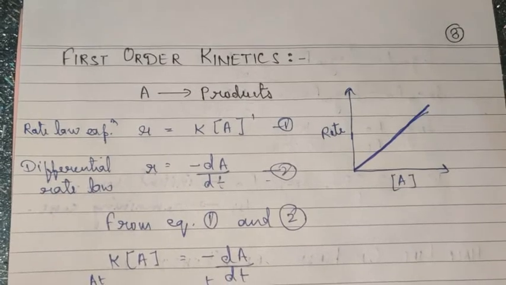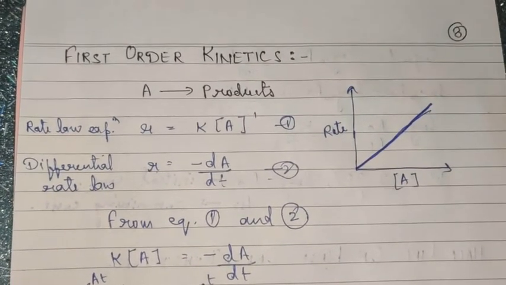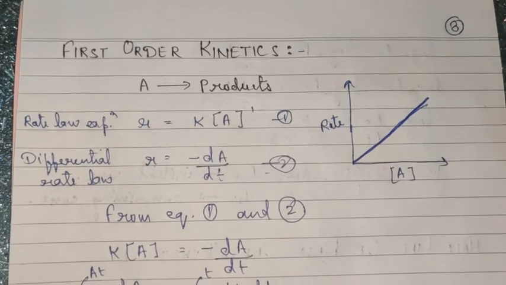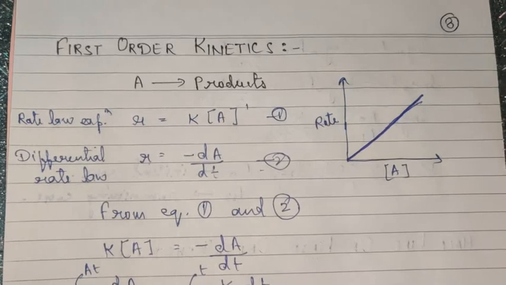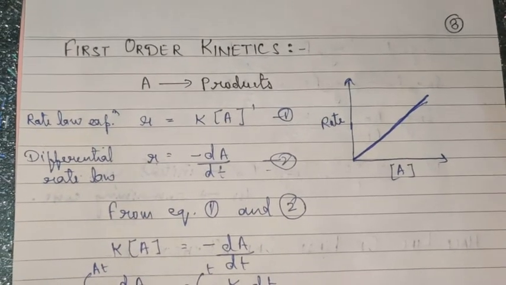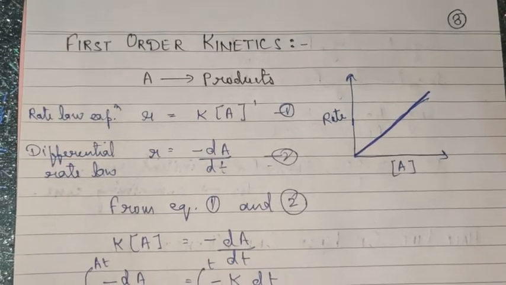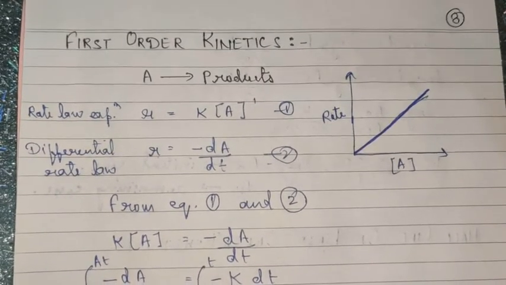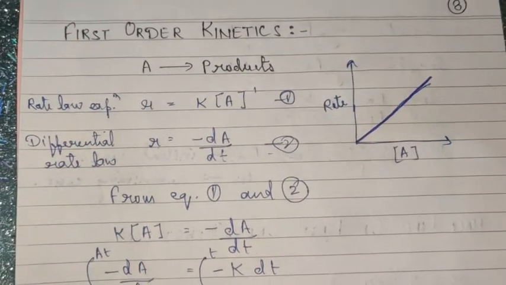Children, as you know, we have already started with the chapter Chemical Kinetics, and a number of important topics are already covered in the previous videos. I hope you are following the videos sincerely and also making your notes along with me. In the last session, I discussed with you the kinetics of zero order reaction, where we learned to derive the value of K, which I told you is very important.